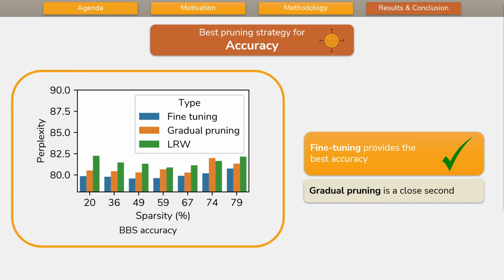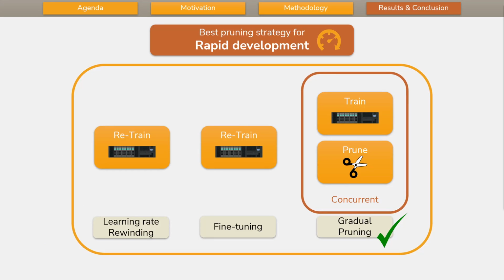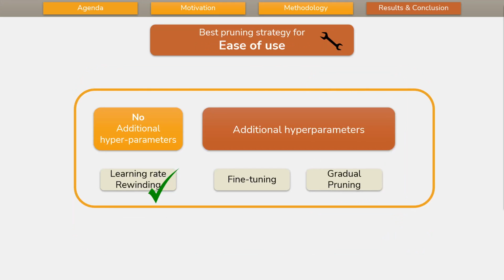Moving on to inter-strategy comparisons, in use cases requiring the highest accuracy, fine-tuning is the best choice, with gradual pruning a close second and learning rate rewinding providing the worst accuracy. And in scenarios where it is preferable that models be developed quickly, gradual pruning is the best choice because training and pruning takes place concurrently without a need to retrain the model during the pruning process. Lastly, when targeting for the greatest ease of use, learning rate rewinding is the optimal choice because it introduces no